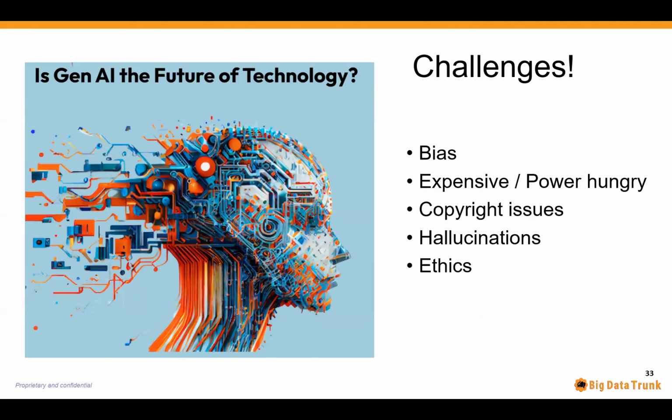Then the whole ethics part to it, especially, let's say, students making use of ChatGPT to complete their assignments, or using something like GitHub Copilot, especially if you're doing it from your work perspective. All of us have to be really aware of company policies. Are we allowed to put in our training data into those tools or not? Because it ultimately becomes part of a much bigger training data set.